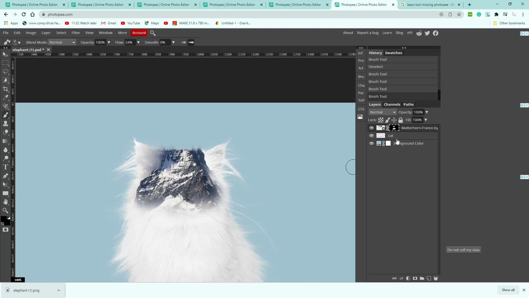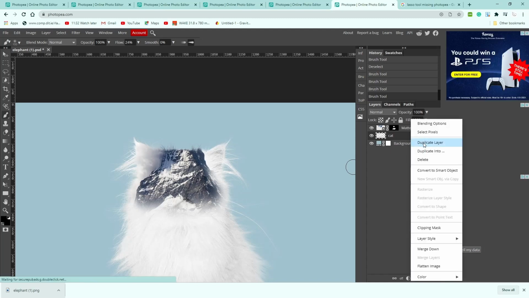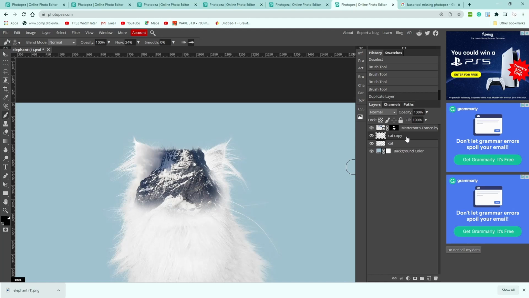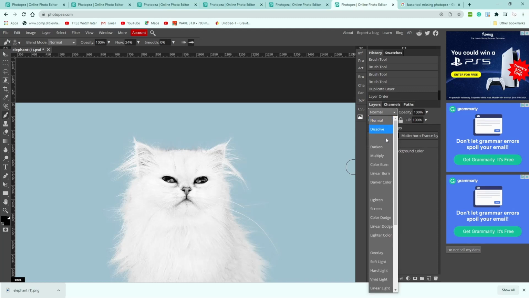So now from here we can go to our cat layer, click on that, duplicate this layer by right clicking and hitting duplicate layer, or you can press Ctrl J. Move this cat copy up to the top by clicking and dragging. And we're going to change the blend mode of this layer to lighten. So just click on the normal tab, go down to lighten,